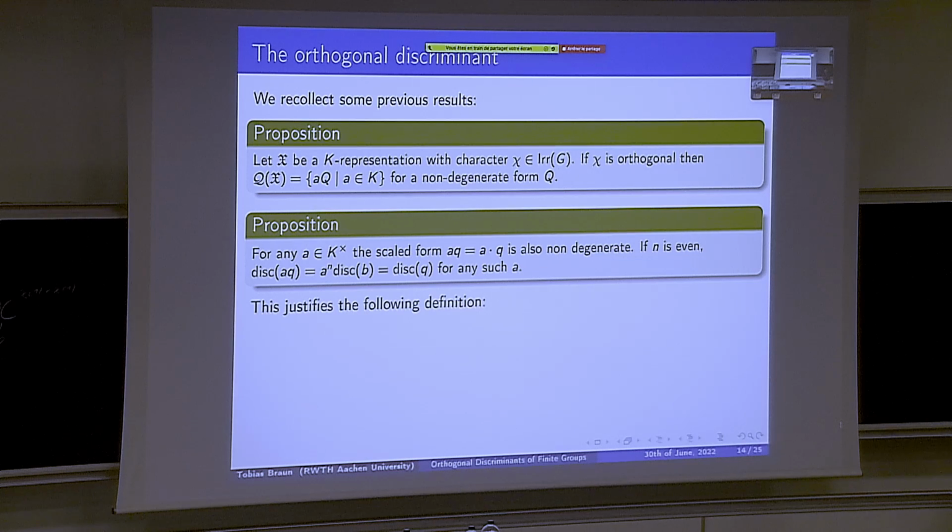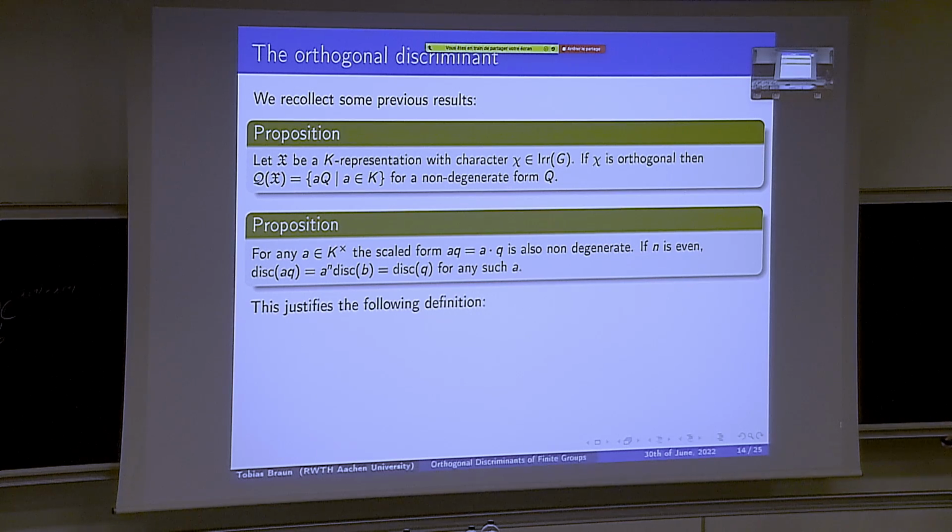So now I want to define the orthogonal discriminant. And for that, we're just going to collect some previous results. The first one just being the one from the last slide. So if I have an orthogonal representation and an orthogonal character, then the set Q of X is one-dimensional and